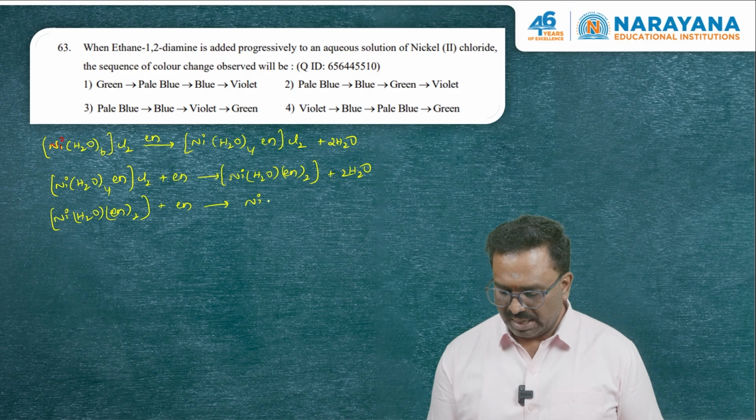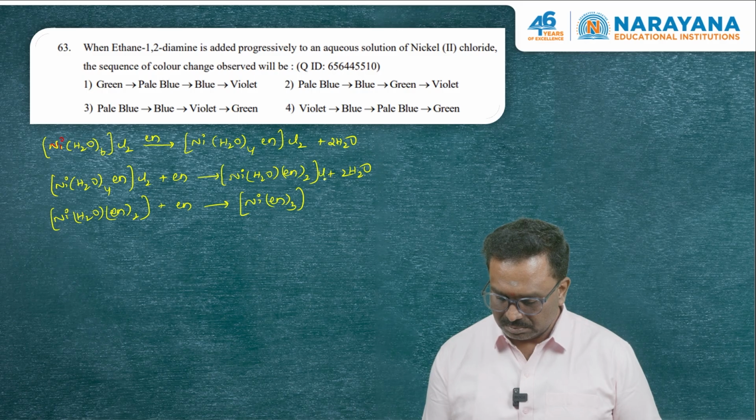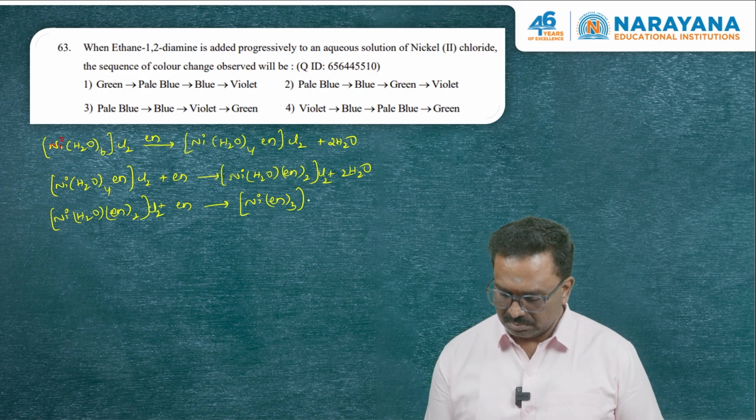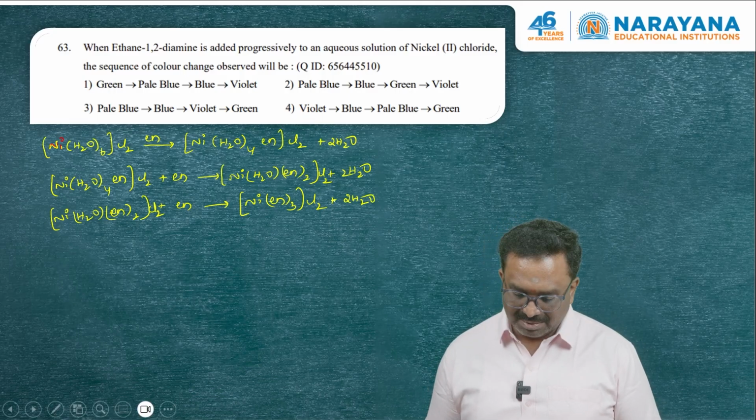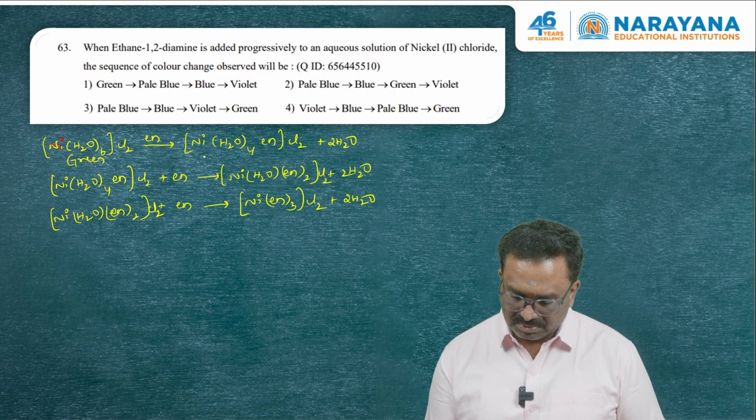Finally, we are getting En thrice, ethylene diamine. This is actually obtained. This first one is actually a green colored compound which has further pale blue